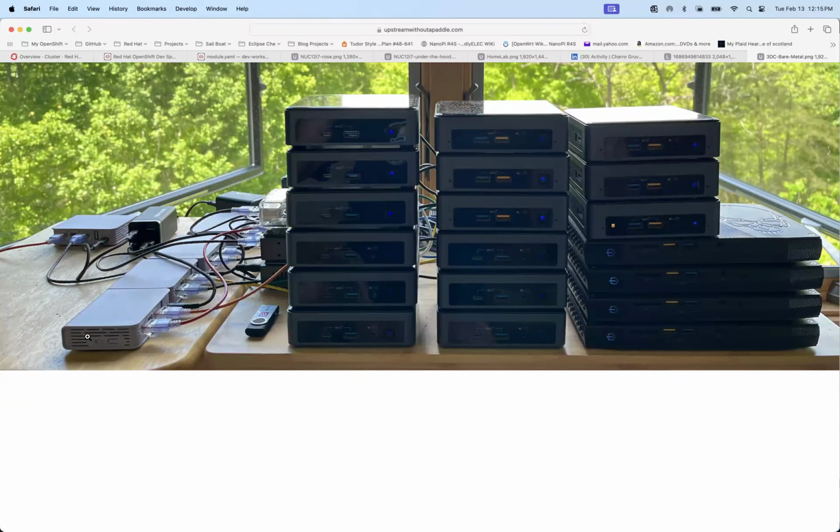What is somewhat unique to the lab is the network gear that I'm using, because I have built that portion of the lab around OpenWRT, which was one of the main reasons that I chose these GL.iNet travel routers, because they're built on OpenWRT. They have pretty beefy hardware specifications for what they are, and so they're very, very utilitarian. And combined with something like a Raspberry Pi, which you can also run OpenWRT on, I'm able to build a consistent platform for my network or my peripheral edge devices, such that I only have to deal with two operating systems. The network operating system, if you will, is OpenWRT, and the OpenShift or Kubernetes side of it is all CoreOS. So